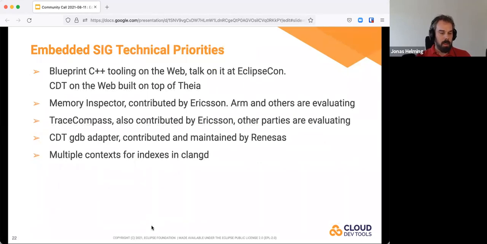The first one is a little bit related to what Mark introduced before. So now that Theia is starting to build up an open tool that shows the capabilities of Theia, we have started the definition of what we call Blueprint C++ tooling. The goal here is that currently all vendors who move to web-based tools in this area have to repeat a lot of steps in terms of technology selection, evaluation, putting everything together. And if we look at the tools out there, 80 to 90% of the features are the same, and then every vendor adds his own 10 or 20% of custom things that are specific.